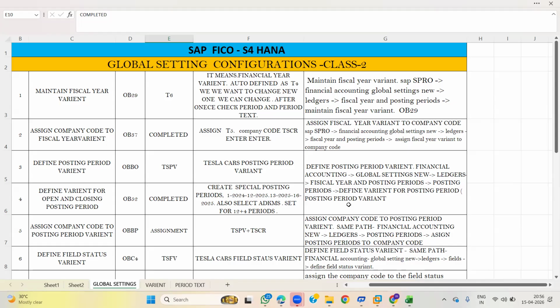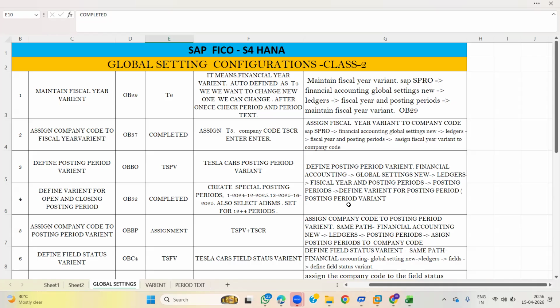Under these global parameter settings, we maintain the fiscal year. The T code is OB29, and assign company code to fiscal year variant.